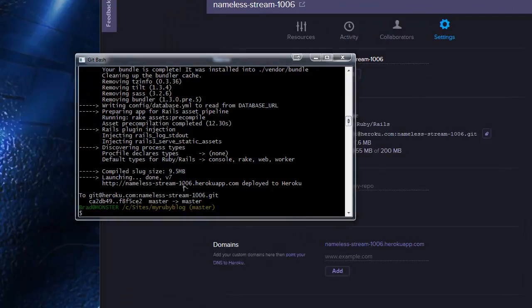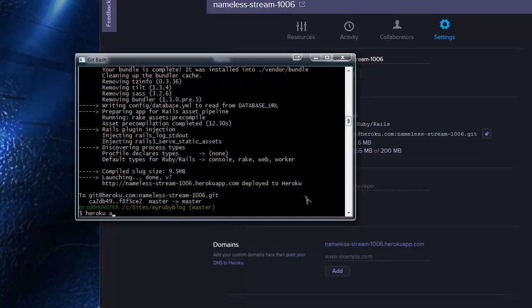It's very easy. Now remember, everything is unique. All app names on Heroku are unique, so we have to pick one that hasn't been used. So hopefully My Ruby Blog hasn't been used, but I mean, it might. There's a very good chance it is. So what we want to do is do